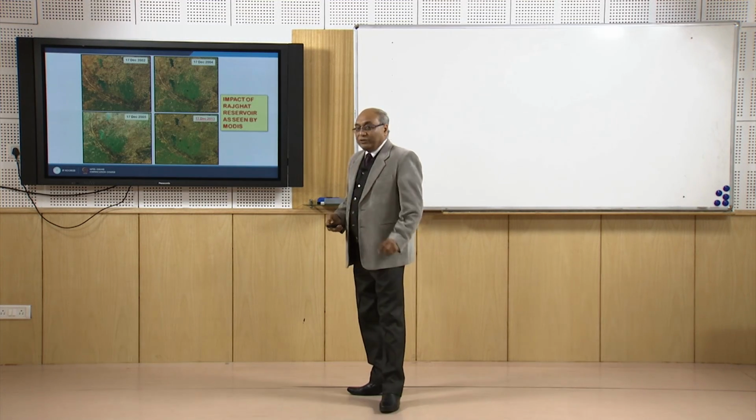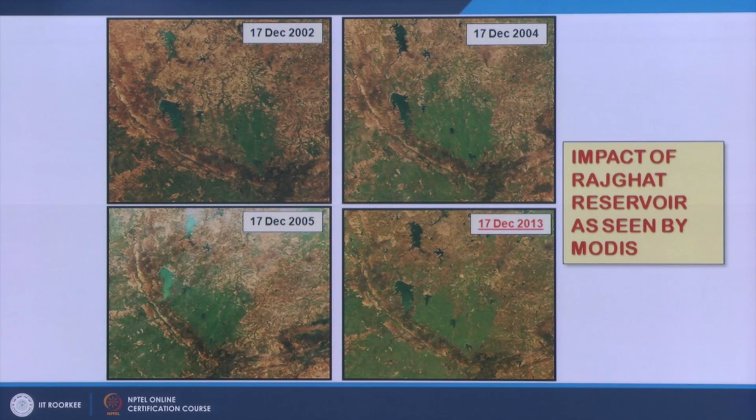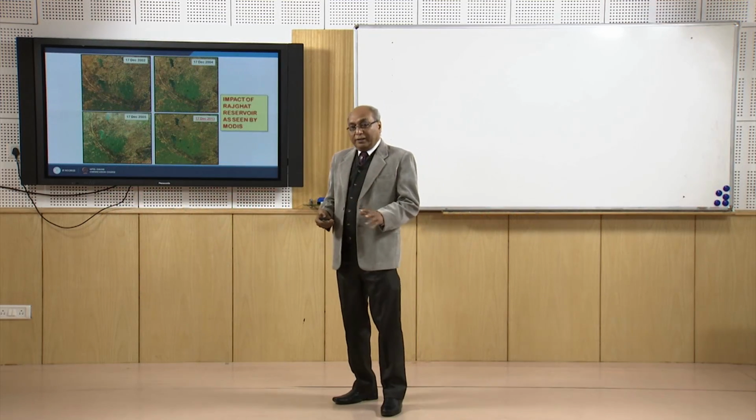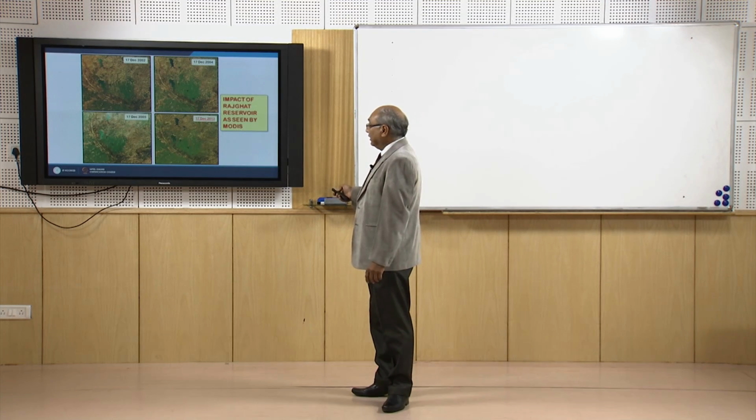If we see the same date of all different years, 2002, 4, 5 and 13, what we find is that the reservoir started filling only in 2001 and the benefits start coming all around, because it is having a lift irrigation system as well. So across the watershed also the benefits are coming, and the entire area got benefit because of this reservoir. So apart from hydropower and other things, groundwater recharge has become the major benefit, and because the irrigation network and other things are there,